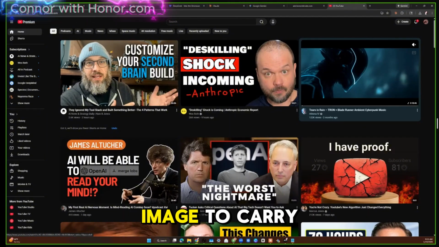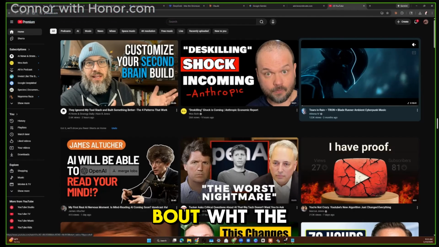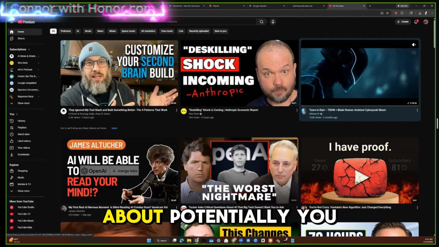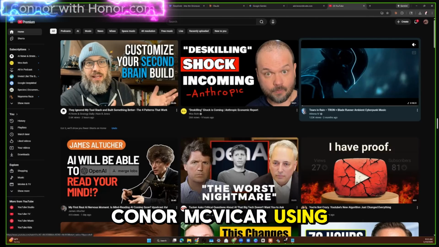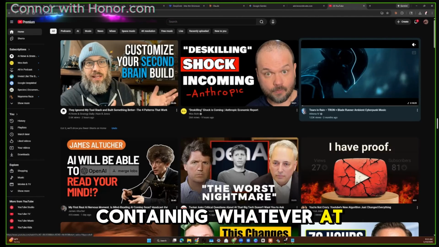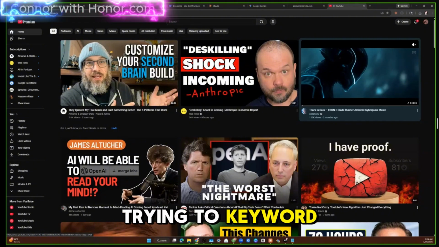You want the image to carry a name that's going to contain key information about what the image is, a description of it, and also something about potentially you. Image created by Connor McIver using Gemini containing whatever. At least that way your name is recognized and it doesn't look like you're trying to keyword stuff an image